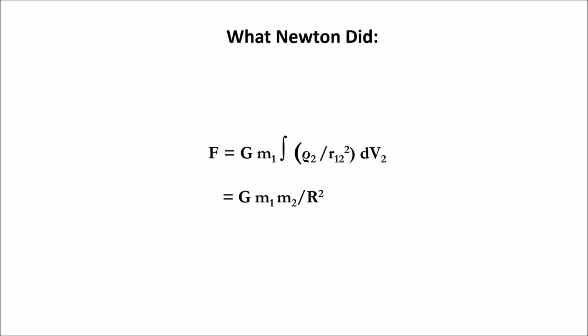Despite what the words were that Newton stated in the Principia about what he was going to do, what he actually did using his early graphical techniques for performing integrations or summations, this integral sign is a stylized S for sum, was he set the problem up this way, of taking one of the objects simply as a point mass and then calculating the summation of the volume, rho dV as a mass element, across all mass elements within the sphere that he was integrating, and that gave him simply the mass of the second object divided by the distance between the two centers of mass.